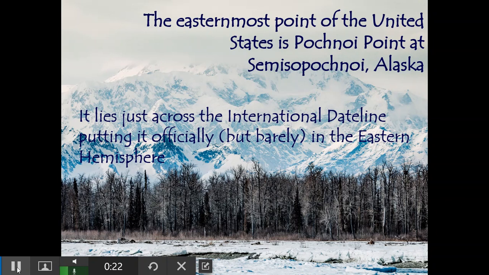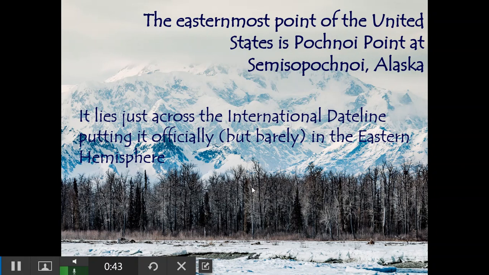As usual, I always like to start my units with a little factoid, and I find this one to just be fascinating because Alaska is so large that actually it extends into the next hemisphere, which is just interesting. Anyway,